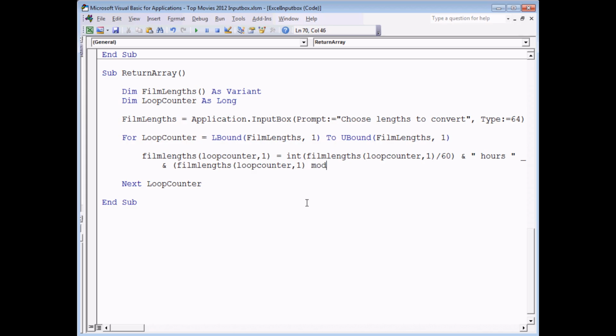Mod is short for modulus, and what that does is return the remainder of a division. So if I say mod 60, that will return the remaining minutes. So for the first film, that will be the number 23. Finally, I'm going to use another ampersand to concatenate on the word minutes to the end, and that will be the full calculation. So, having done all that, let me just quickly step through this subroutine while we can see